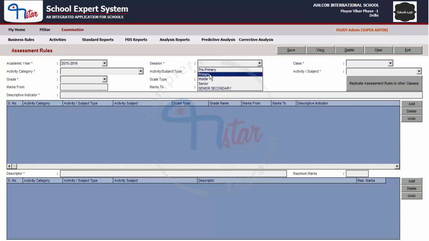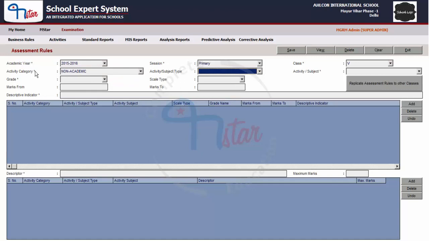select session and select a class for which you want to define the descriptive indicators and select an activity category. You will see two options displayed in the activity category, academic or non-academic. Based on this value that you select, in the next field the activity type will get displayed.